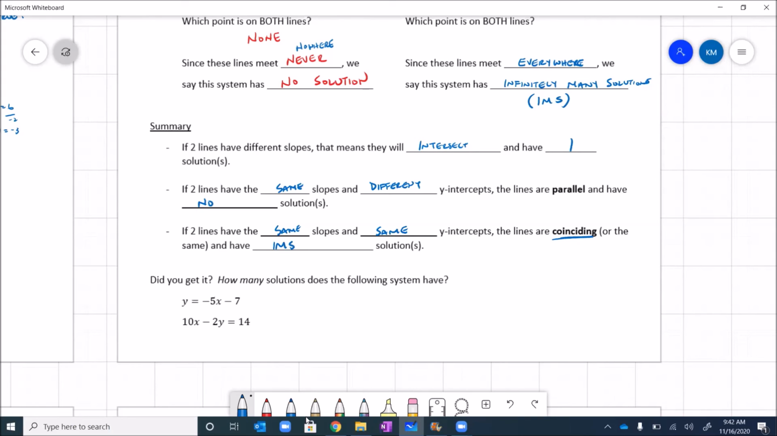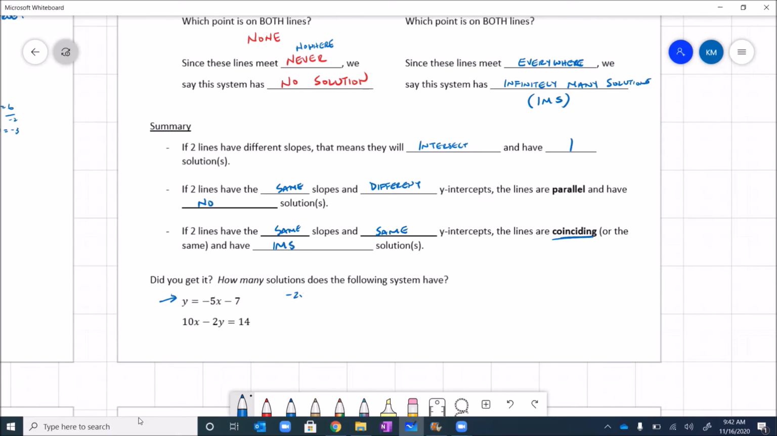Okay, so looking at this, if the question just says how many solutions do they have, we don't have to solve it all the way out. We can just say, okay, well, which of these is true? What do we know about their slopes and y-intercepts? So this first one is in slope-intercept form. We don't have to do much to it. The second one we probably want to put in slope-intercept form. So I'm going to